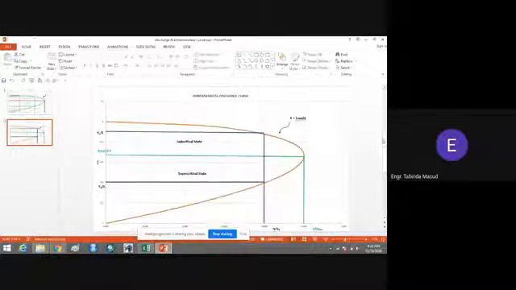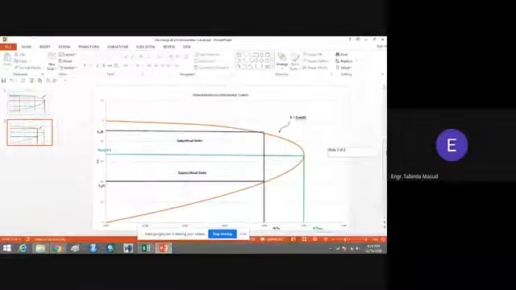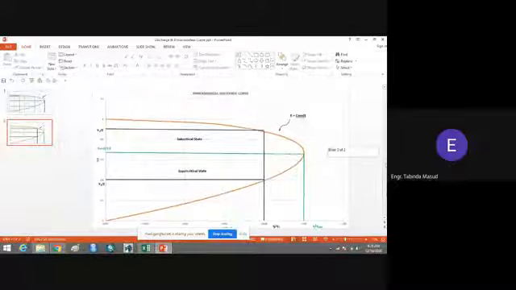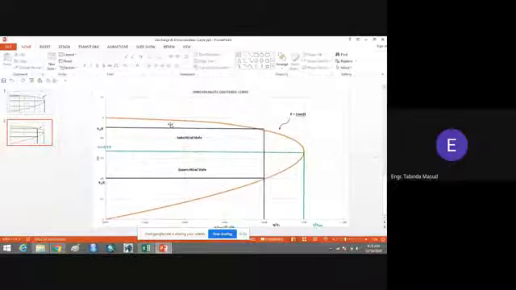This is the dimensionless discharge curve. You can see that this discharge curve is again for the constant specific energy. Here Q by Q maximum is 1, and corresponding to this Q by Q maximum, we have got the value